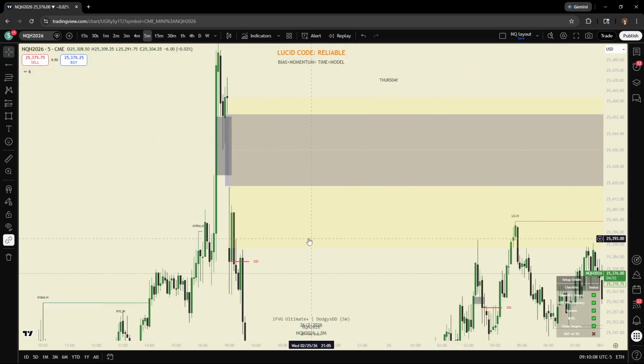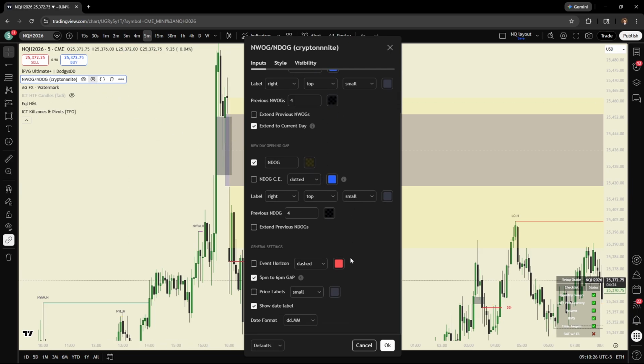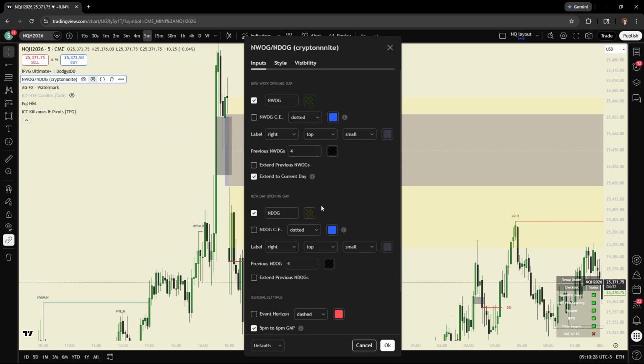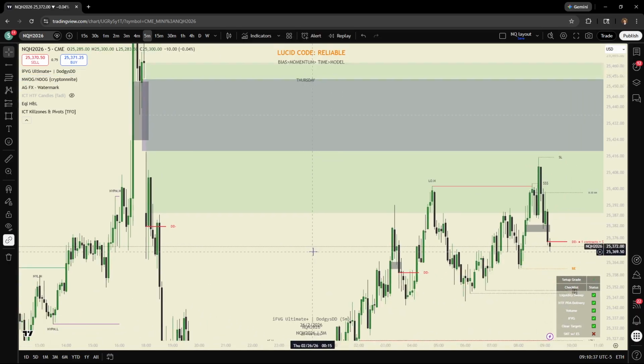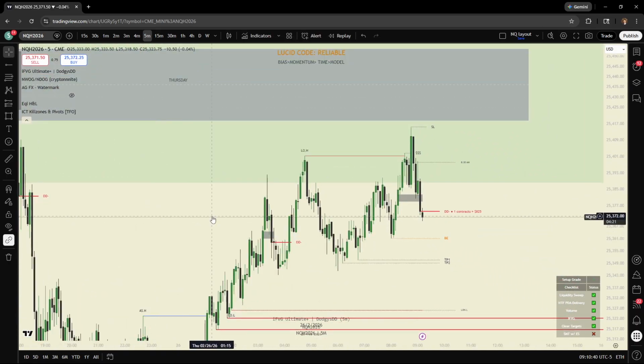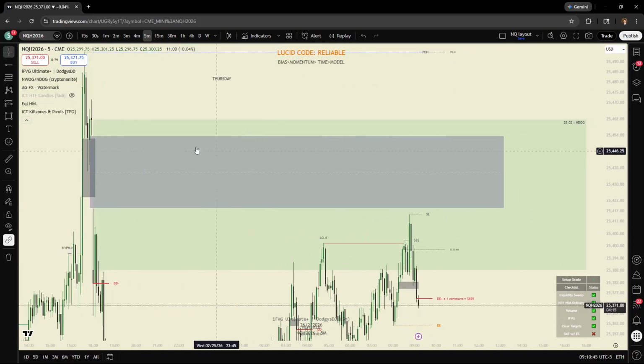Yeah, Labo. So when you look at my NDOG here, the whole entire NDOG is from 460 down to 386, but we've already balanced some of it. And so I was just highlighting the important part. This right here, I don't know if you can see it too well because it's a weird color right now. I usually do green. So you can see here's the NDOG in all of its glory. But the part that's important here is the unfilled VI here. That's what we want to see.